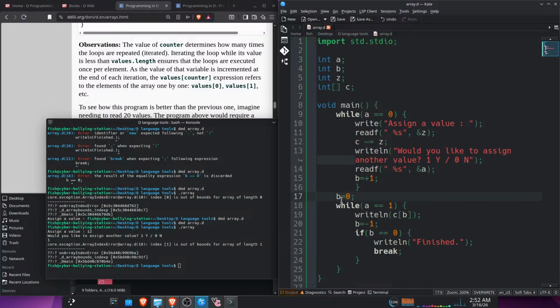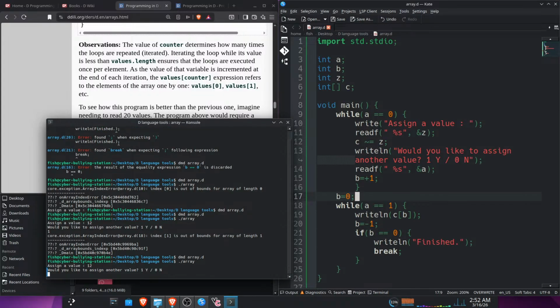So we'll go through this, read that, and be like, oh, well, a equals 1, do that. I think that will work, but I don't actually know if it might have to be inside of one of the while statements. So we'll do 12, we'll do 0,